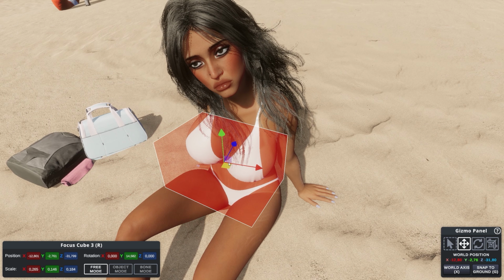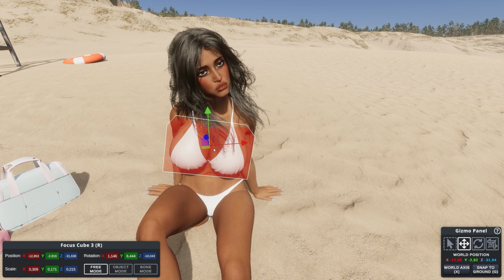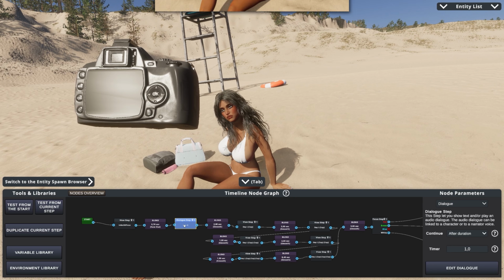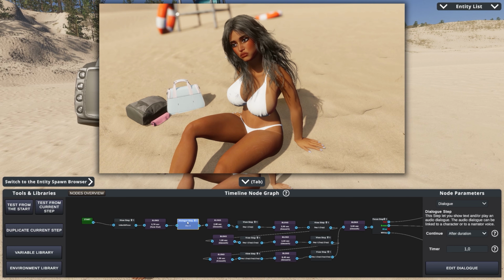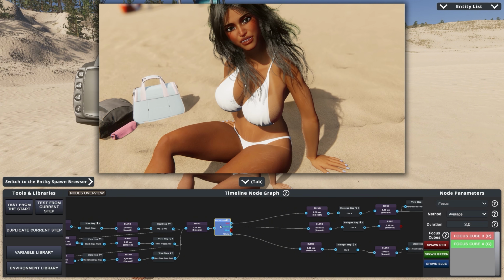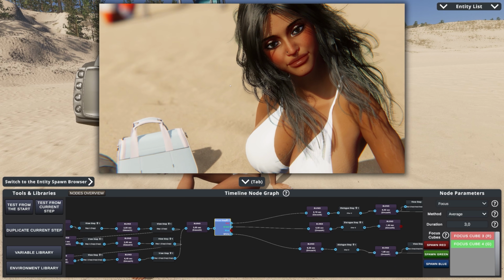For example, here I place one focus zone on the character's body and another one on her head. First, she starts speaking using a dialogue step. The voice then continues into the next step using overflow, while the focus step becomes active. If at the end of the focus step, the player is looking